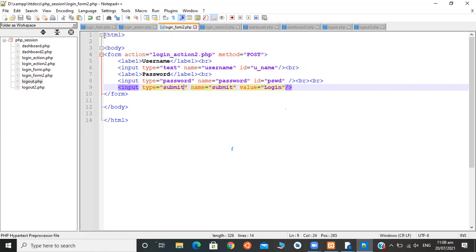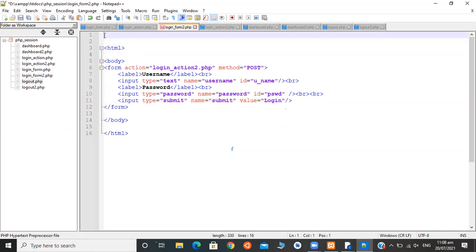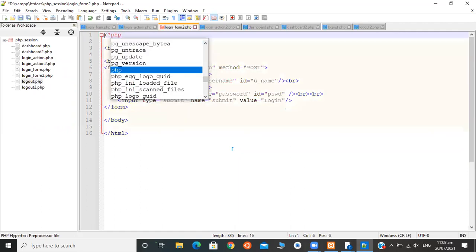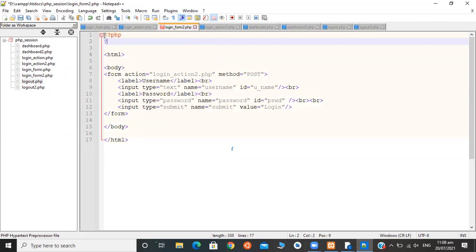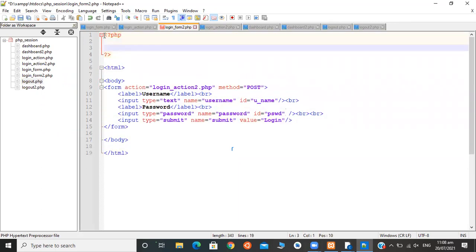So here we can start with PHP. Closing bracket. If we get a message in the URL, we need to get it from the server.